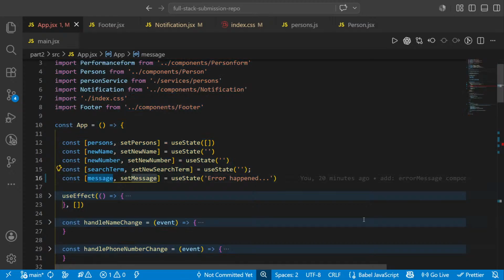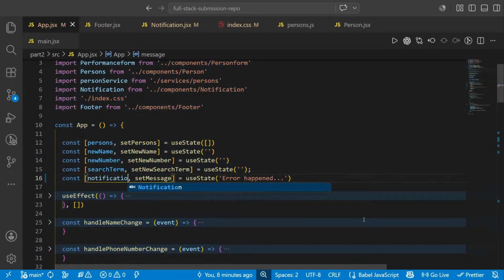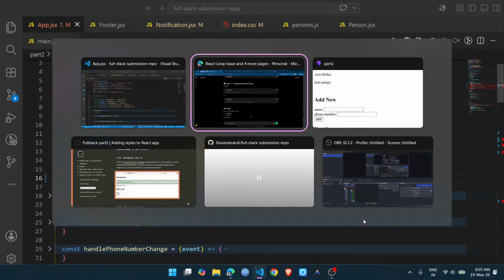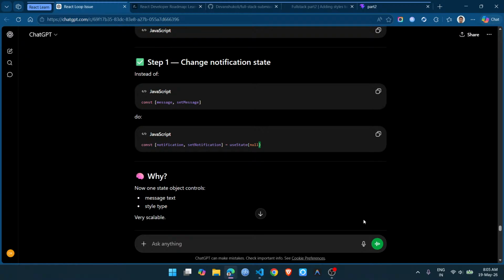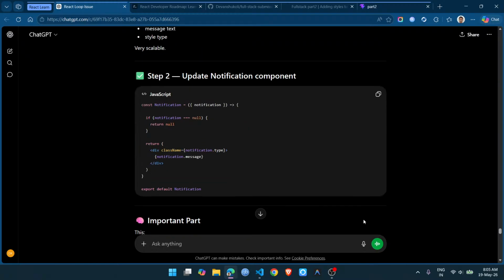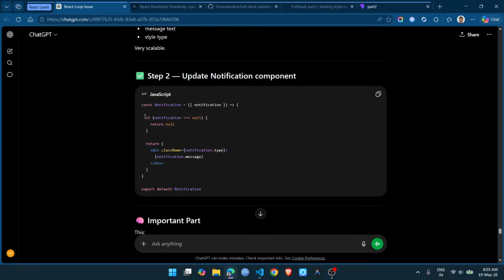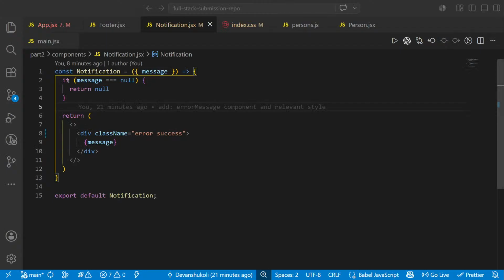Okay, so inside this I will have notification. We will set notification, and the initial value would be null. Now one state object controls message state, message text, and style types. Very scalable. Step 2, update notification component. So inside my notification component, notification is null. That is what I'm